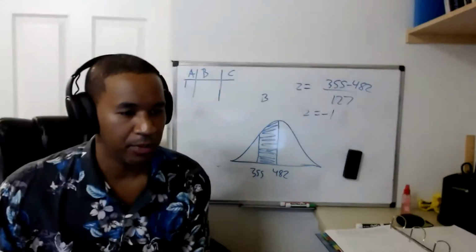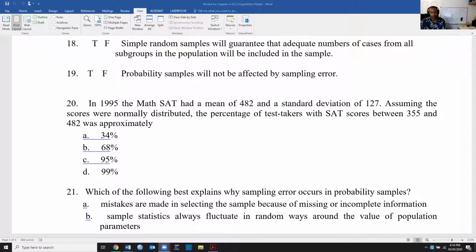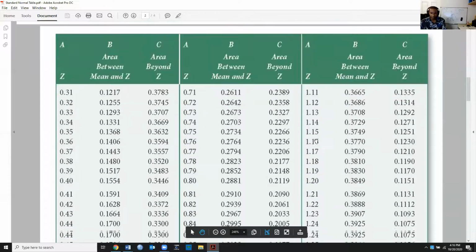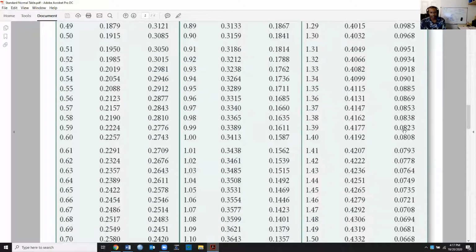So I'm going to jump over to the table. And I'm going to look for 1. So now that I see 1, what do I see in the B column for the z-value of 1.0? 0.3413. Good. Okay, so I see 0.3413,